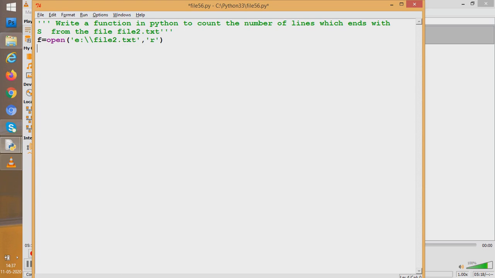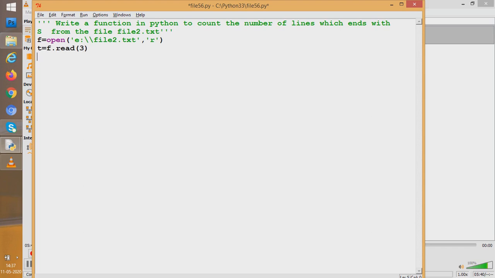Now see, if this was the file, I used read. I can use a variation of read. I can give a number here in read. If I give this number, it means I'm trying to read not the whole file, but only 30 characters from the file. So now if I write 30, you will not understand. Let us write 3. So 3 characters from the file.